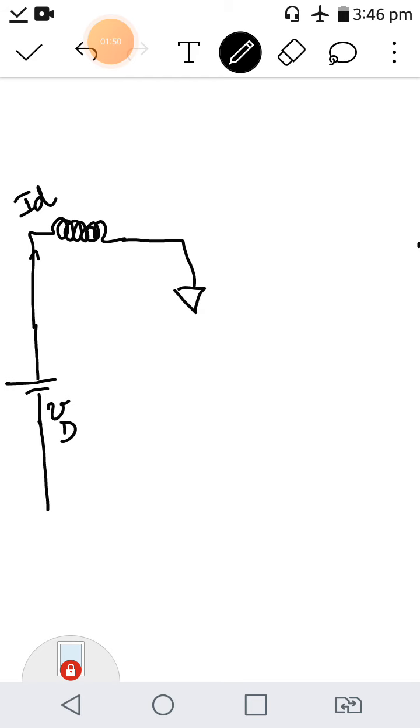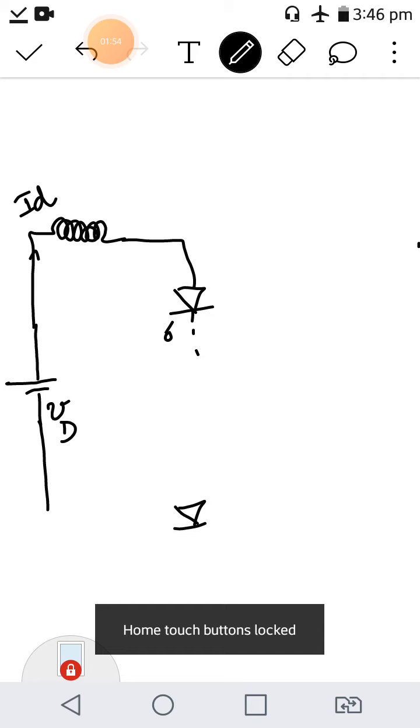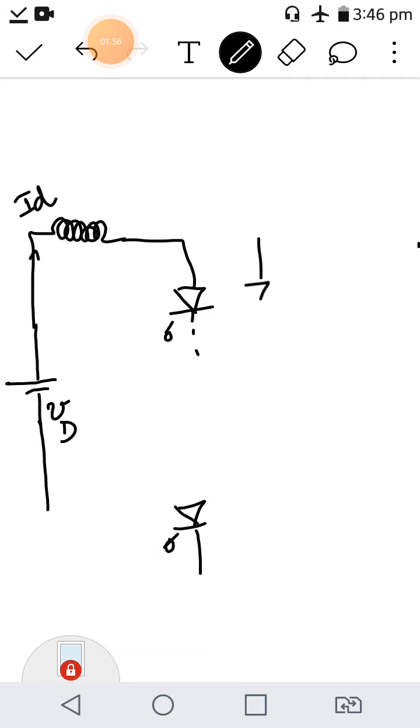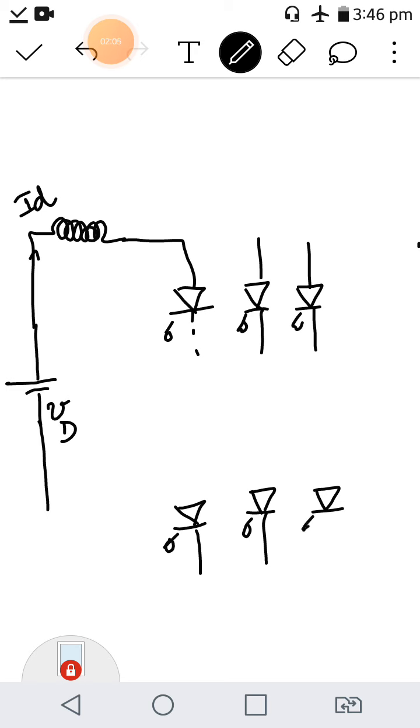So we have six switches. Let me draw the six switches first, and after that we will connect. All are thyristor switches, numbered as T1, T3, T5, T2, T4 and T6.